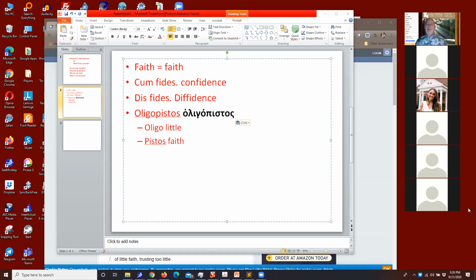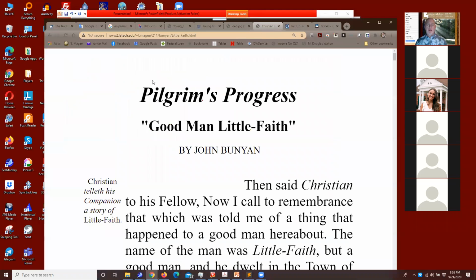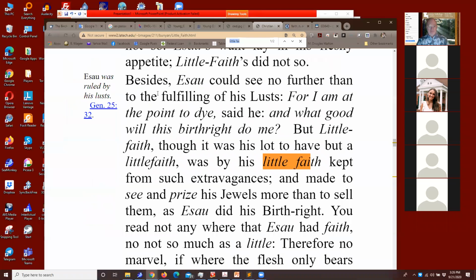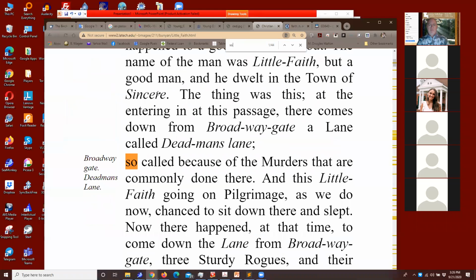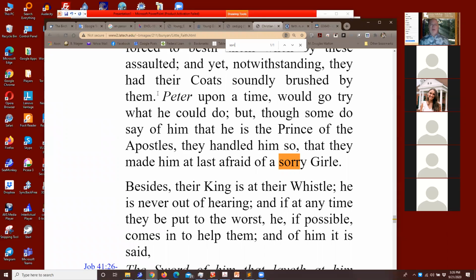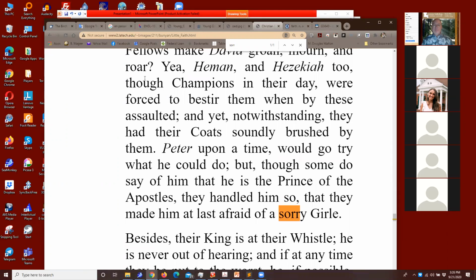Oh, and I believe we had that in the story. Yeah, here we go. Peter boasted at the Last Supper that the others would deny him, but he would never deny him. So he was boasting about how great his faith was, which is the sin of presumption, and pride, which is what Brown was doing when he went to meet with Satan in his own wilderness, this devilish wilderness.